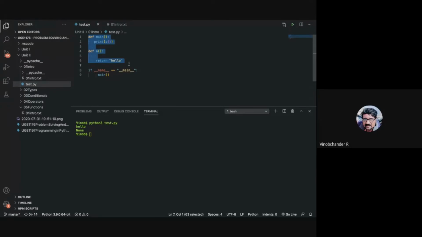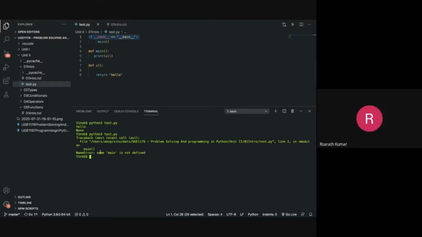You mean this way? Yes, sir. You call it and then define it. But since you have this particular conditional check, this should work. But it says main is not defined, right?